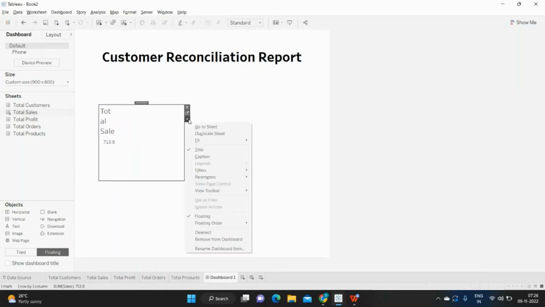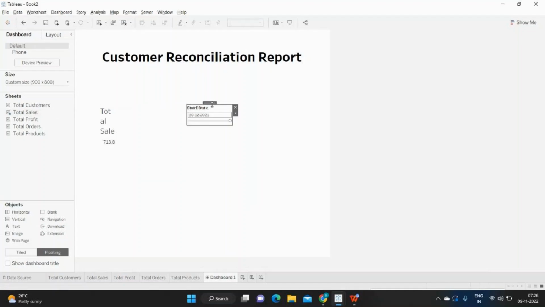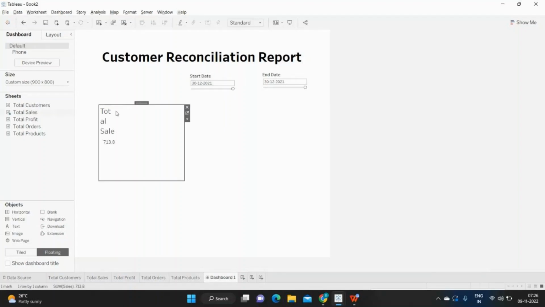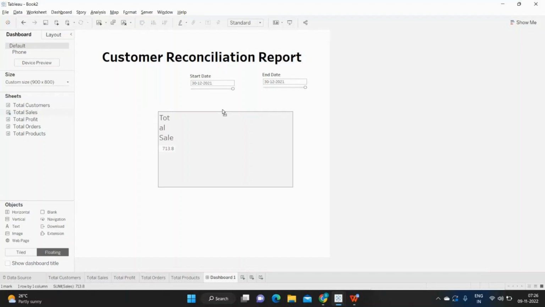when I click on this, I can bring in my parameters to my dashboard. So I'm adding my start date and I'm adding my end date as well, because that is one important step for us. So I will put this, or arrange this here. Okay, and we have total sales. Okay, and